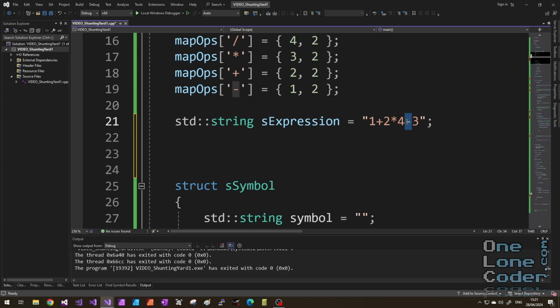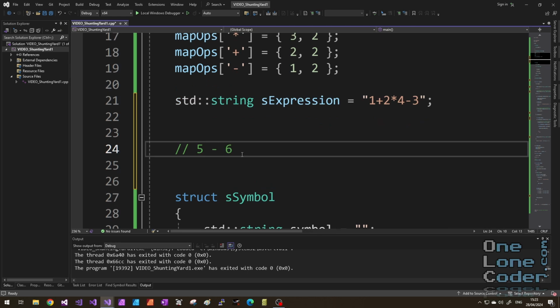The subtraction operator, just like all of the others, was a binary operator. It took two arguments, in this case 4 and 3. If we add in the negation unary operator, it only takes a single argument and applies it to the 3. It takes a positive 3, multiplies it by -1. Fortunately, by examining the history of the expression as we've been parsing it, we can assess whether we do mean a unary negate operator or a binary subtract operator. For example, in this situation, we know that it is a subtraction operator because we've got numeric literals immediately preceding